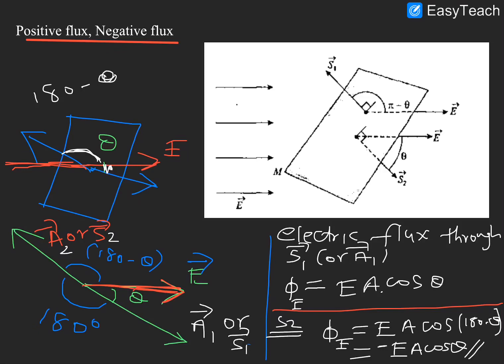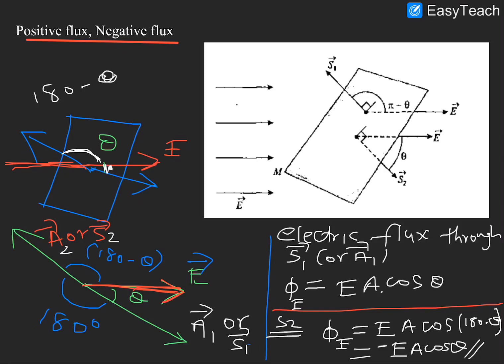It will be clear only when we discuss a closed surface. So I am just giving you the normal procedure. Fluxes which are leaving a surface are taken to be positive, and fluxes which are coming to the surface are taken to be negative, in the case of a closed surface. You will get more clarity when I explain Gauss's theorem. So please remember that there are two different types of flux. One is positive flux, another is negative flux.